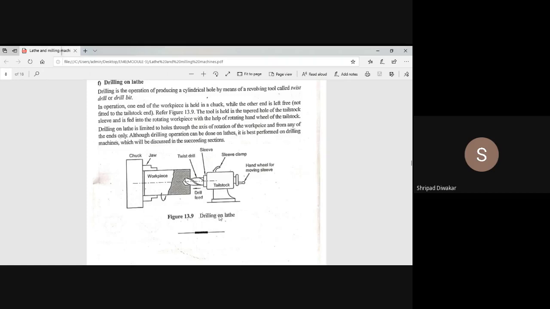Okay, so here you remember, in case of cylindrical turning, the tool is fixed in the tool post, but here only in case of drilling, the drill bit is directly inserted in the sleeve of the tailstock. In the tailstock, we are having a provision called a sleeve, and we can directly insert that cutting tool inside the sleeve only in case of drilling operation. That drilling tool or twist drill is directly inserted inside the tailstock.